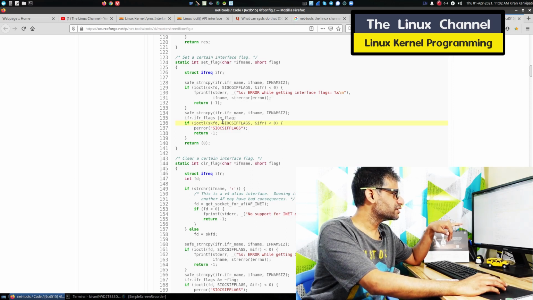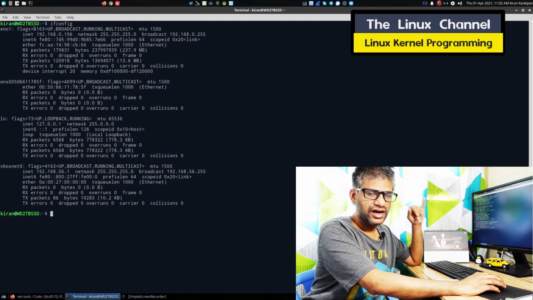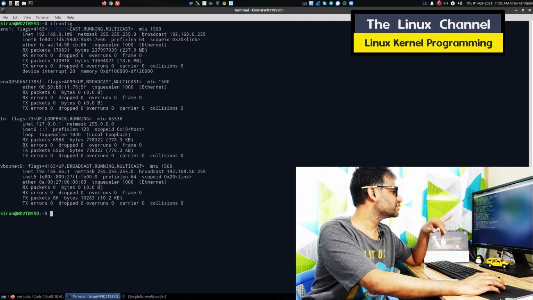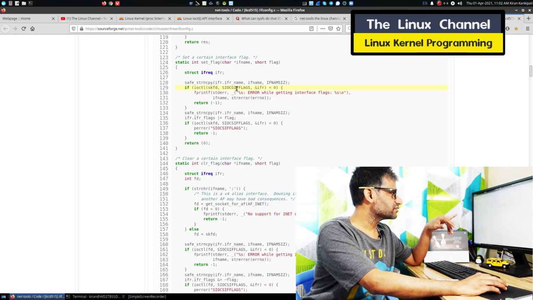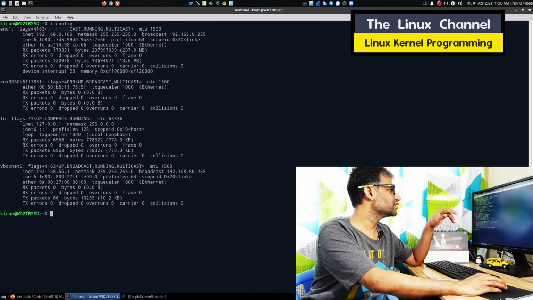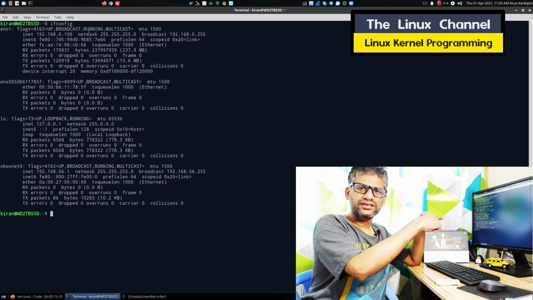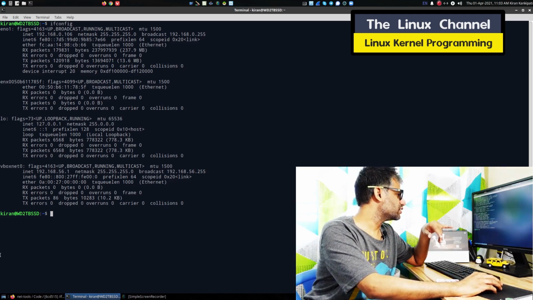You can see there SIOC interface flags. So to set those interface flags of that network interface hardware, its corresponding driver, these are the various flags it is using. You set this and it does the set flag, and it can be any flag you can set there. Say for instance, if you set promiscuous and multicast and stuff like that, when you type ifconfig and set any of those flags, this is what it internally calls.